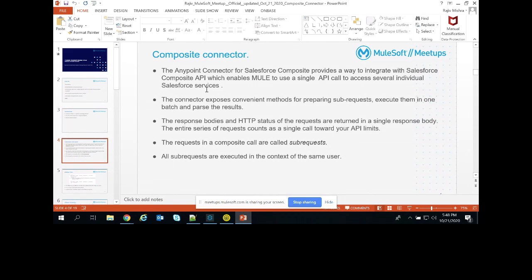So we can create a single request using the account, with the reference of that account on the policy or contact, and we can send it to Salesforce. I am going to show you how we can do that.